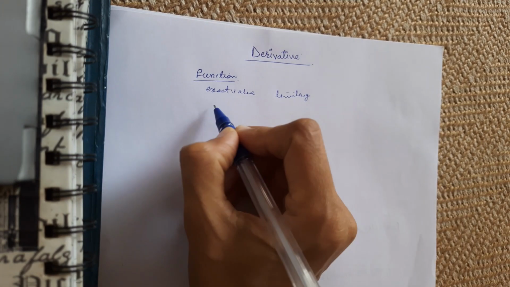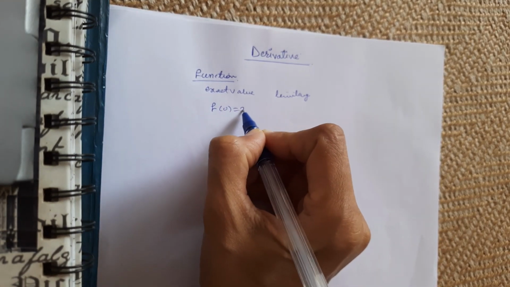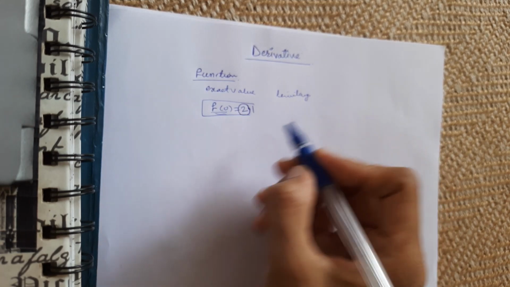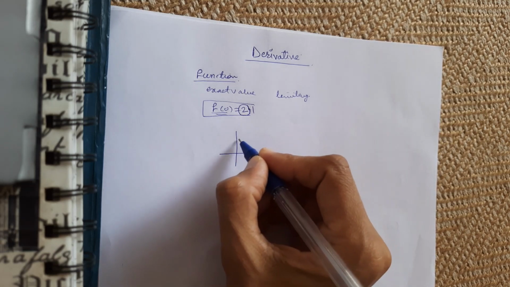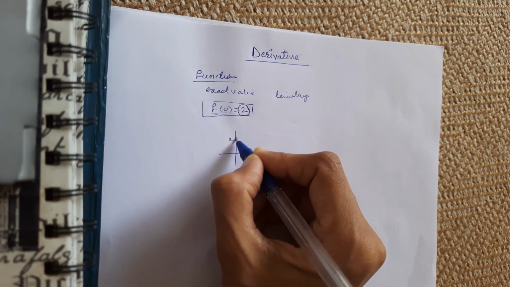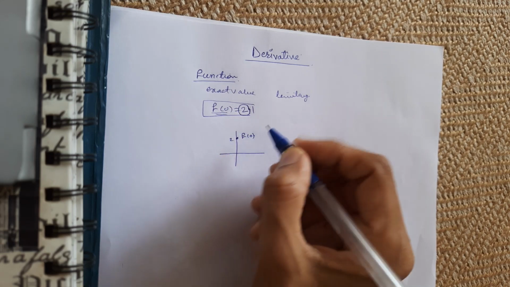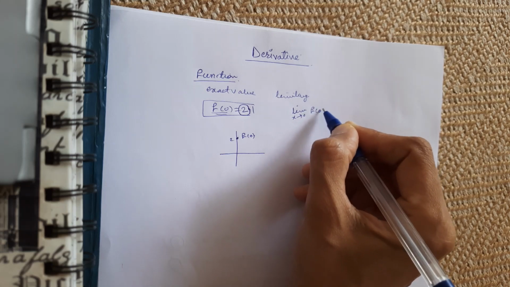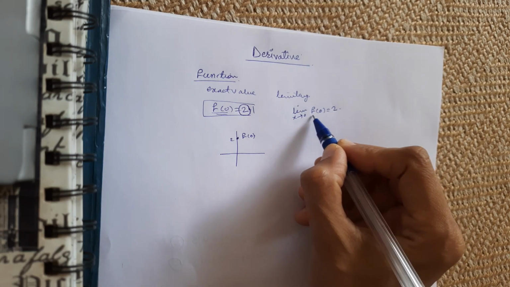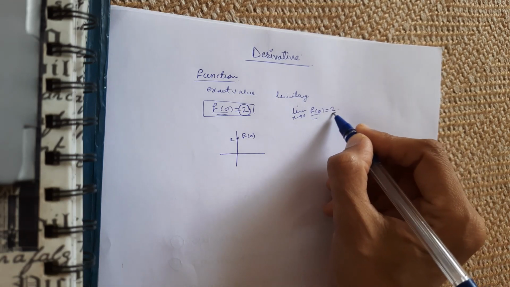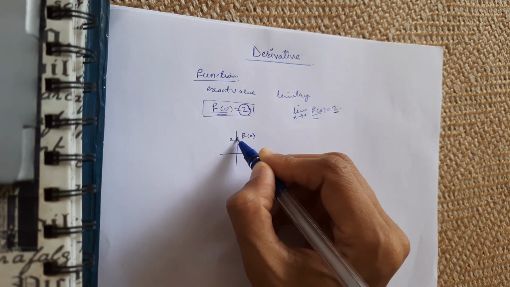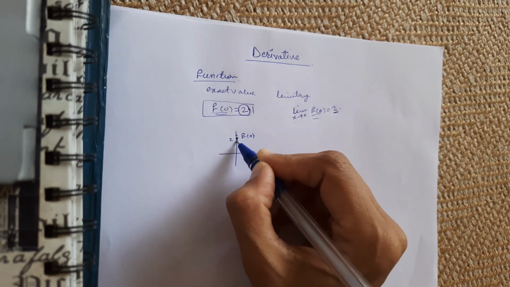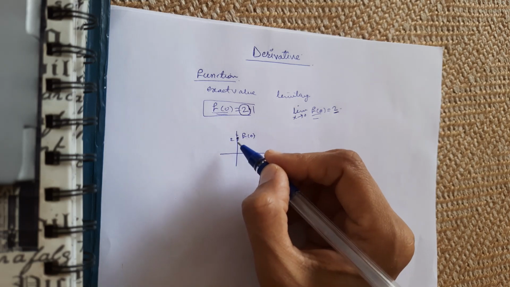So we know that if I am telling you that f of 0 equal to 2, then it means this f of 0 point is located exactly on 2 on the plot. If here is, suppose, 2, so here I can locate f of 0. But if I am telling that limit x tends to 0, f of 0 equal to 2, it means this point f of 0 is very near to 2 but not exactly at 2. This point will never come to this location. It will be anywhere in the neighborhood of the 2.